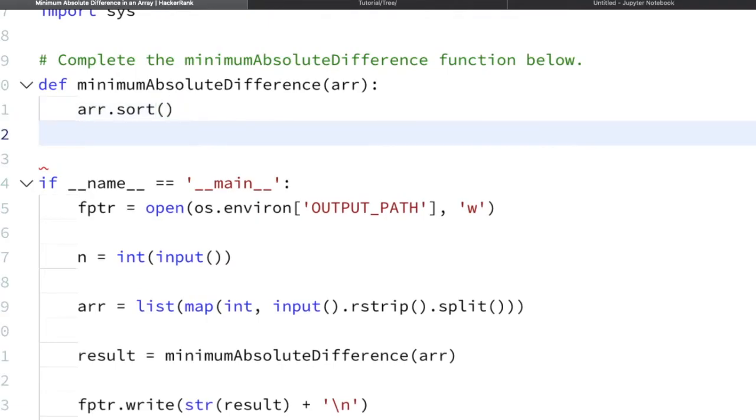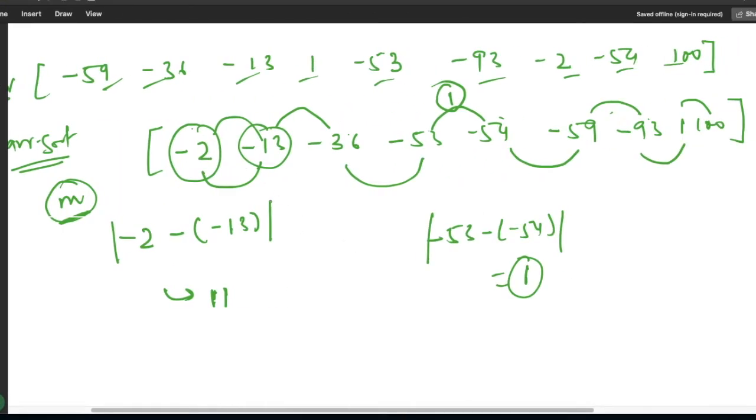Next thing is we have to iterate one by one, for i in range of length of array minus 1. Because if I am here, then I have to check the next element. If I am at the second last element, then I have to check the last element. That's why we have written minus 1.